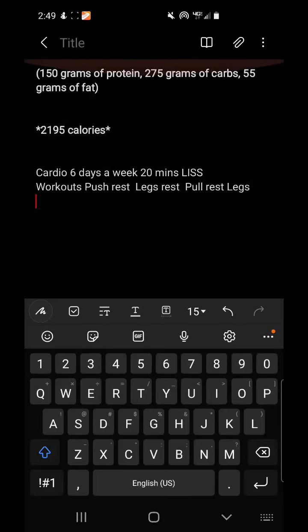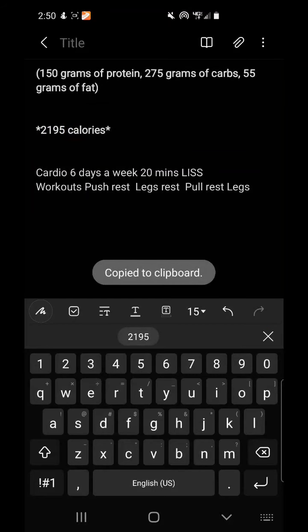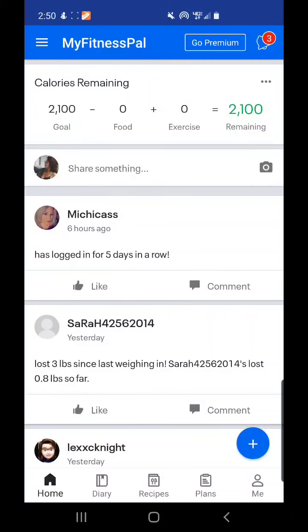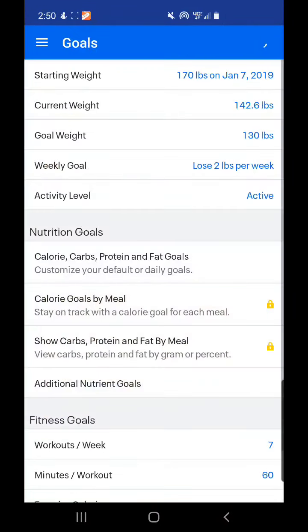All right, so starting off with the macros that I got from my coach and my calories. As you can see here, it's 2,195 calories. I'm going to go into my MyFitnessPal and set up my goals to reflect the macronutrients that he gave me. So I'll go into the settings tab, go to goals, and then I'm going to click on